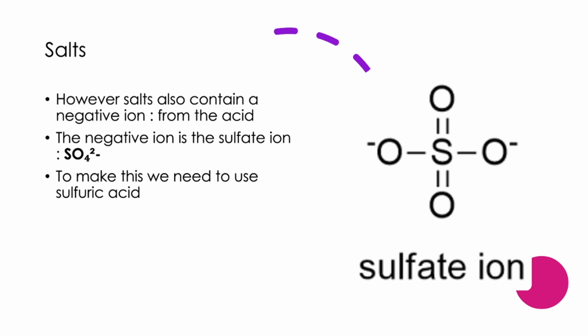However, salts also contain a negative ion, and this comes from the acid. The negative ion from copper sulfate is the sulfate ion. To make this, we need to use sulfuric acid,